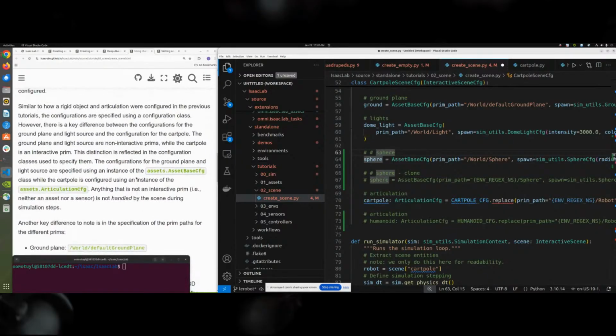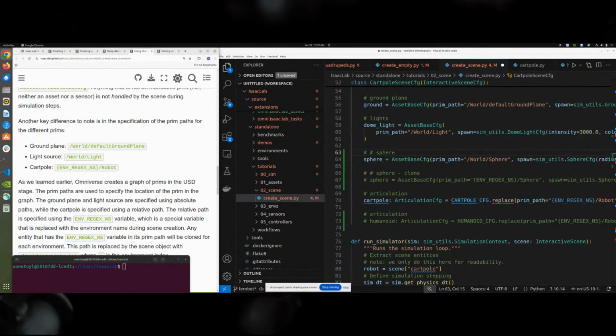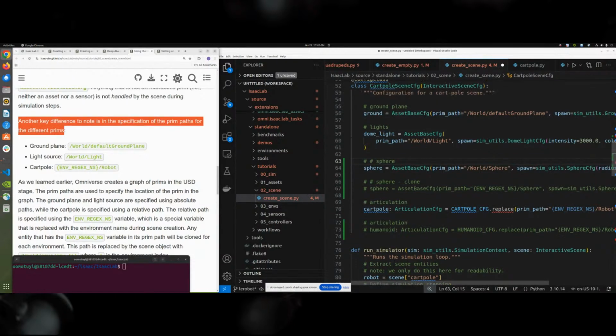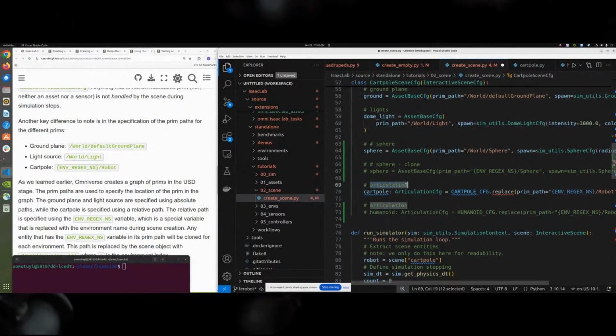But before we do that, I would just like to go through explaining the prim path. A key difference to note is the specification of the prim path for different prims. For the ground it is /World, for the light /World, and for the sphere also /World. But when it comes to the articulation, or if you want assets to be spawned in thousands of environments, then you don't use /World. You use this particular variable called